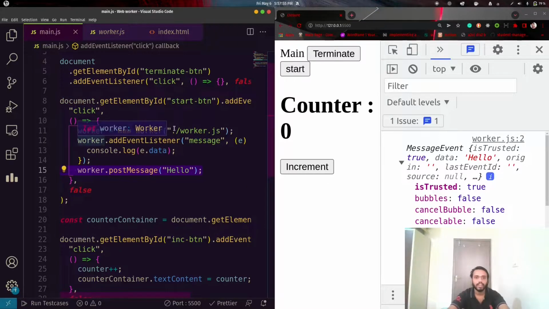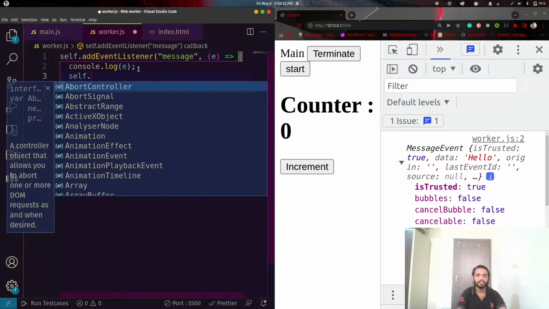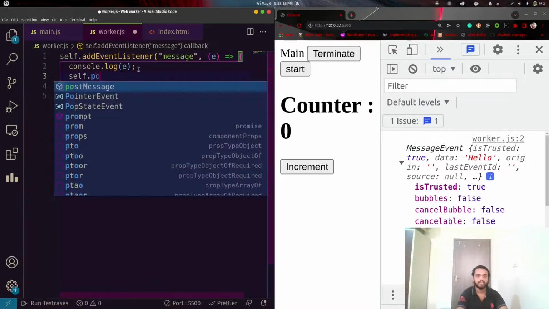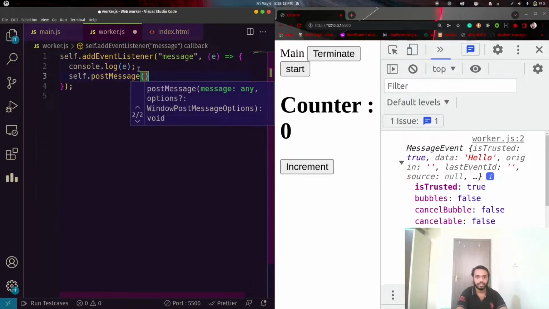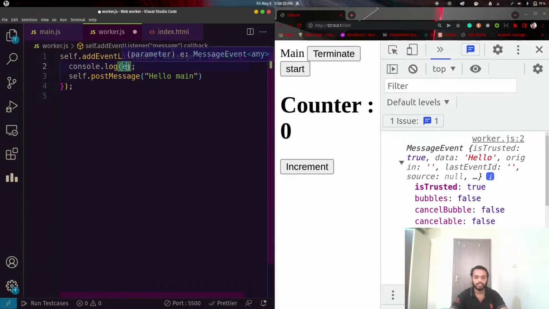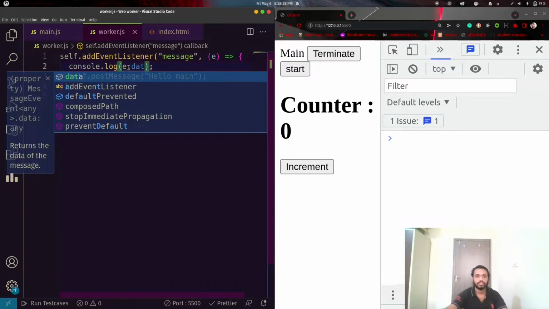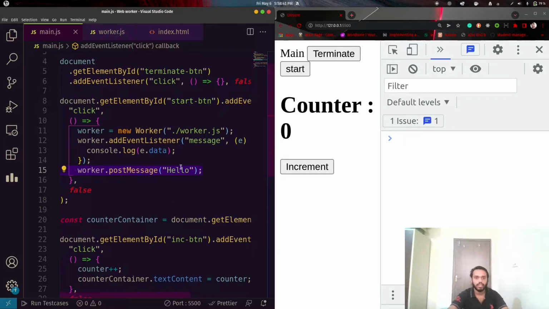This is how we can send data from the main script to the thread script, and we can also send data to the main script by postMessage. Let's just send hello with a name, and here I am printing the data, hello worker.